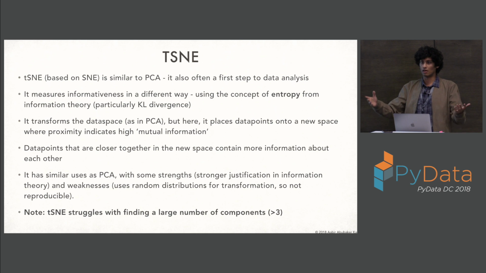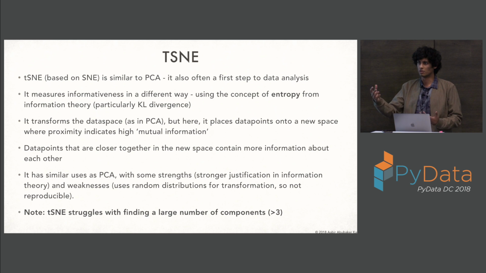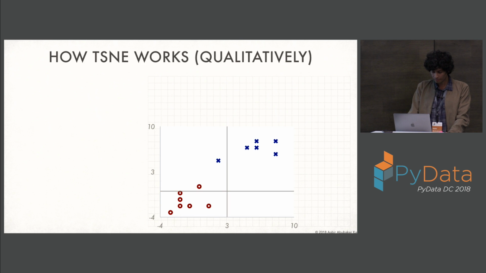So say in this two-dimensional room, people who are sitting near each other are explaining more about each other's locations. And that's easy to see, and you'd say, yeah, I guess they're also just closer to each other. But if you bump this up into 100 dimensions, it doesn't translate as much. Like I said, the notion of distance doesn't make any sense when you move to movies in this space. And the notion of actually explaining information about each other using metrics from information theory is robust in that high-dimensional space. That's what t-SNE uses.